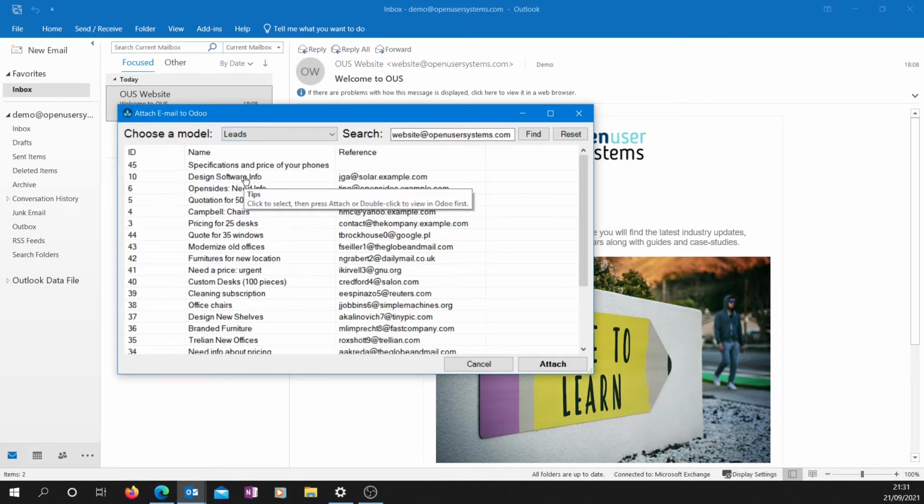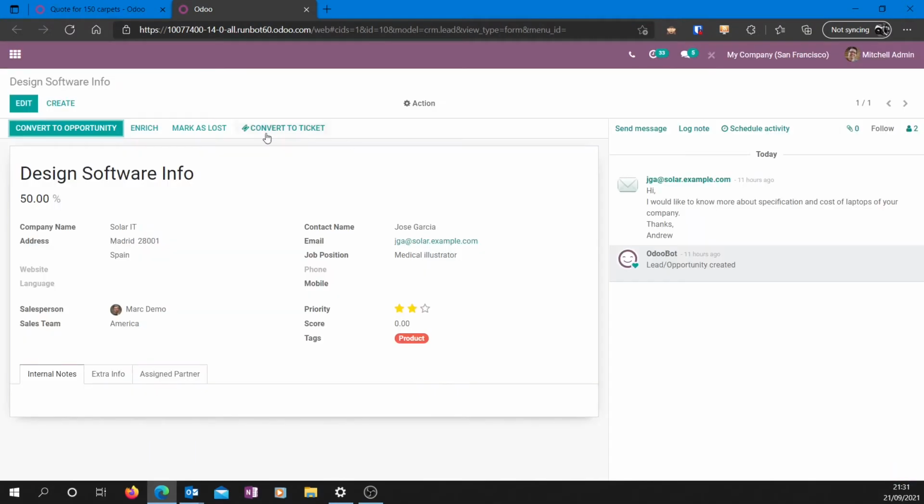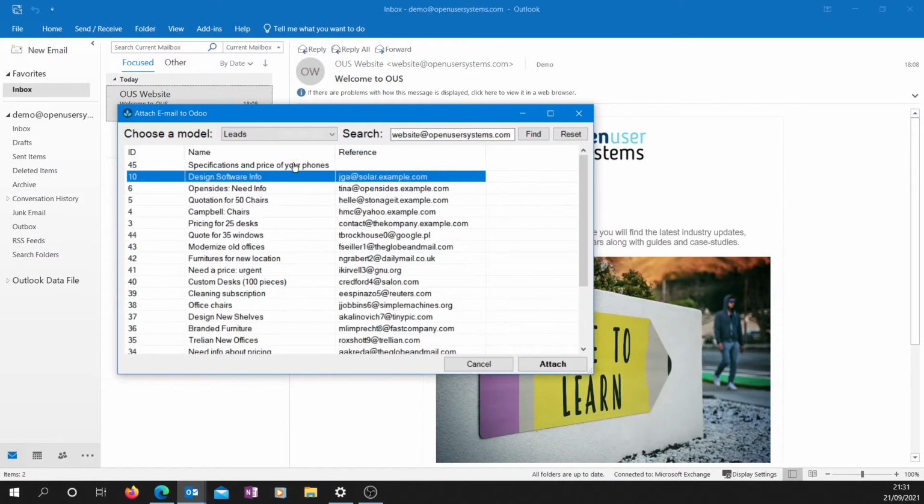If I was to hover over one of these leads, you can see there's a tooltip that appears which tells me if I double click it would load this record into my browser so I could view it within Odoo. If I double click, you can see it loads the record into Odoo so I can double check that it's the correct record I want to attach to. If I go back to Outlook, I can now choose attach,